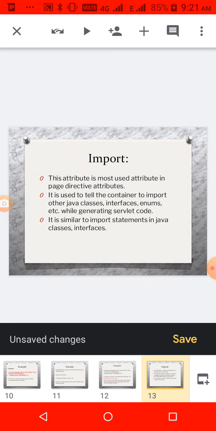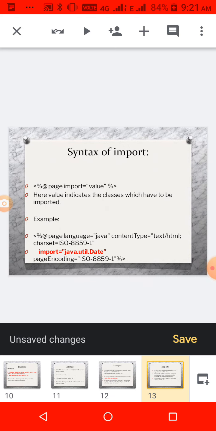And then import, if you want to import any other files. In so many languages like .NET, C++ and so on, C++ uses header files, and in .NET you use import. So if you want to import some other classes, you can import other Java classes. It's like an import statement in Java for classes and interfaces.